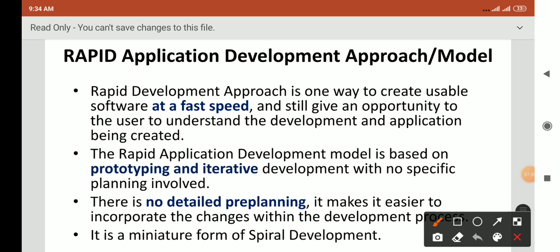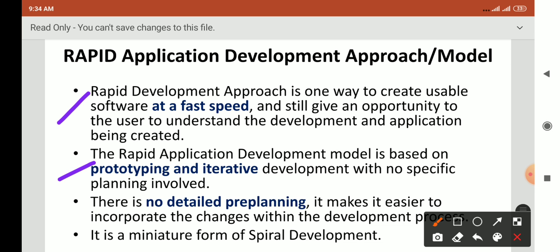Now the next model is the rapid development model, or rapid application development model. The rapid development approach is one way to create usable software at a fast speed. So if you want to make your software at a fast speed, then you can go with the rapid application development model.